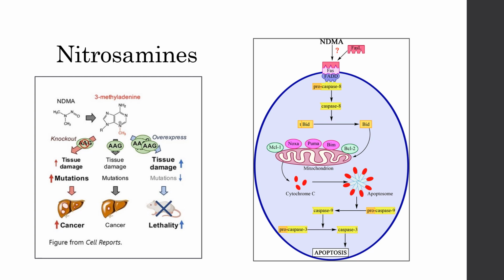NDMA also has the potential of directly activating RAS oncogenes and moreover, according to a recent in vitro study, inducing apoptosis of leukocytes such as neutrophils through binding to the Fas receptor on the surface of these cells, a receptor which is known to activate programmed cell death. This we can appreciate in this picture right here, which is the mechanism proposed by the researchers who performed the